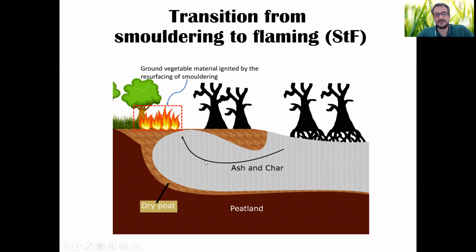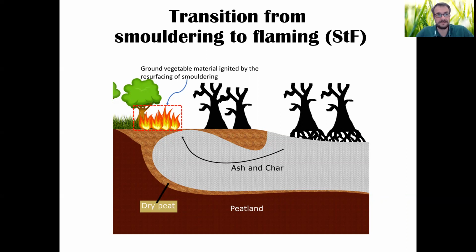And that is a transition from smoldering to flaming that firefighters are most worried about, because they might be leaving a former fire thinking that it's all clean and that it's all safe, and they might be called again weeks after saying you have to come back, the fire has returned. And it's not that the fire returned, it's that the fire never left. And this has led to the name, which is actually very exotic, and it works quite well for people. They call them zombie fires, in the sense that it's zombie because they thought it was dead, or maybe it's dead, but it's coming back apparently to life.